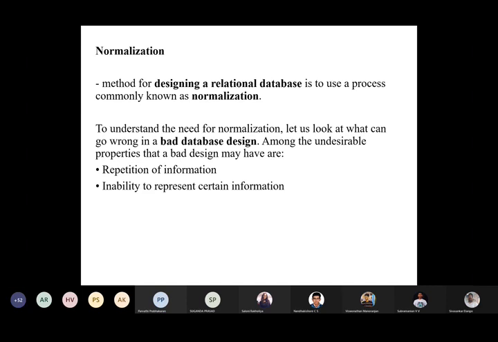There are several ways to draw this diagram. One of the most popular methods is using the Unified Modeling Language, right? So you have the UML language. Some software like Rational Rose are popular tools for drawing entity relationship diagrams, right? So the next